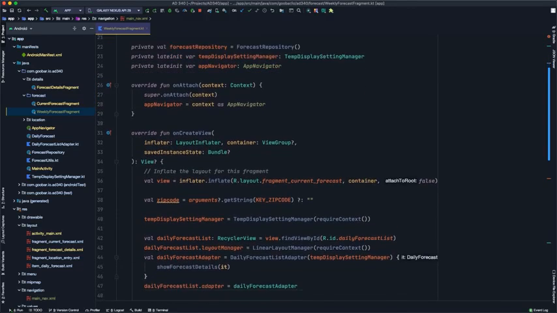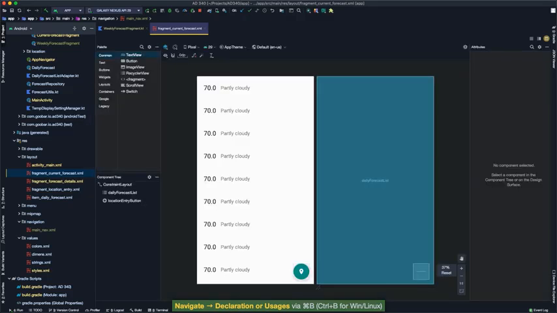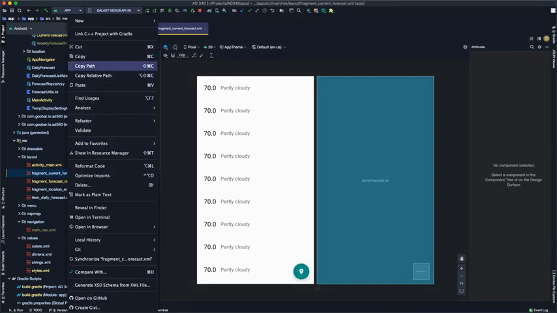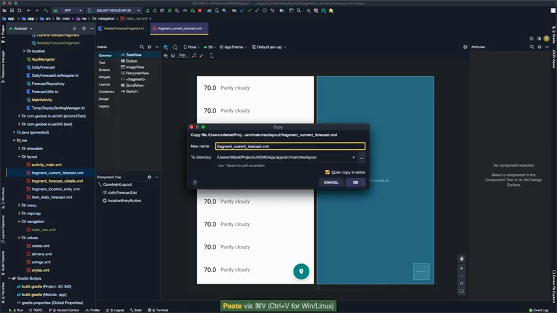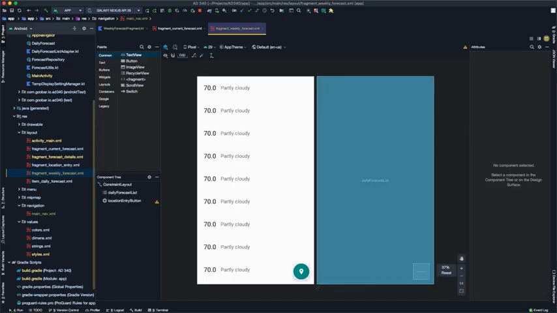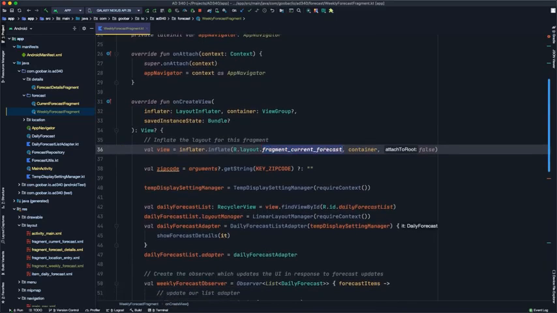Next up, we want to go to the layout file for fragment current forecast, and once again, we're going to duplicate this. So I'll do a copy and then a paste. And this time I want to name it fragment weekly forecast. Once again, I'll hit OK. Now I can go ahead and close that, close the other layout. Now back here within the weekly forecast fragment, I want to update the reference to this layout to be fragment,